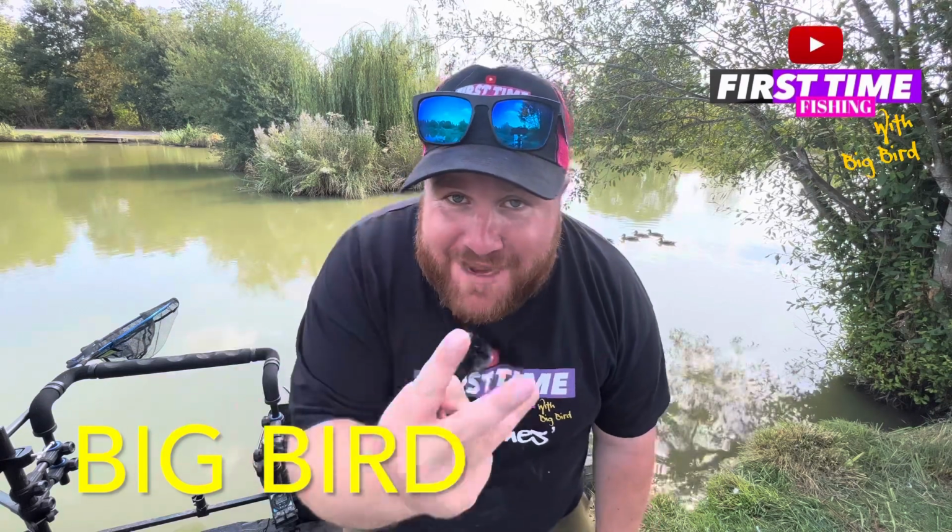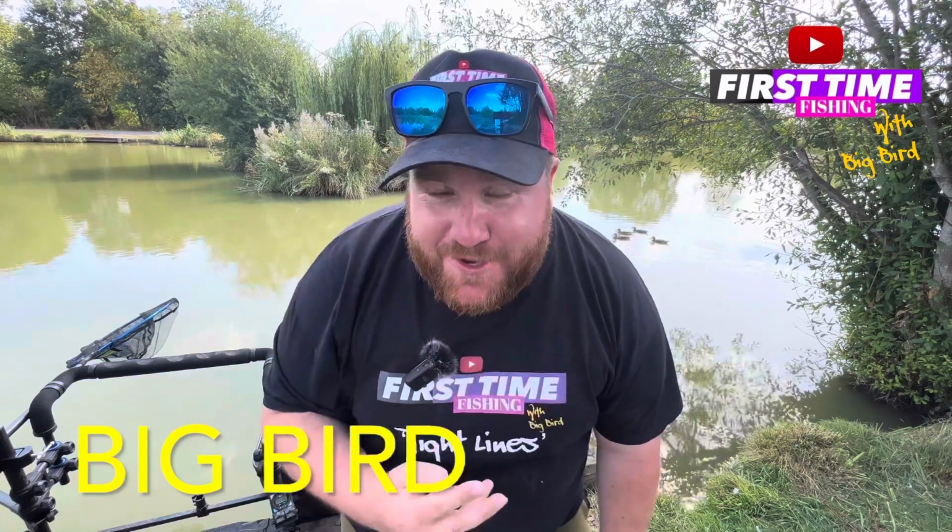I've got 3 margin poles that I'm going to review. We've got the MAP 1001, the Preston Response Margin Pole, and the Matrix MTX Power Pole, which interestingly is going to be